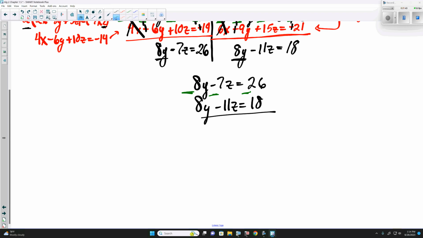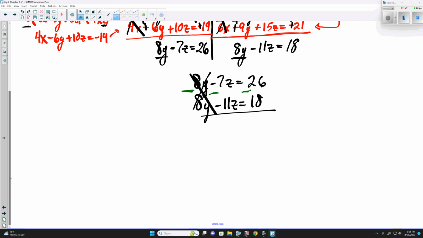So that tells me the y's cancel. 7z, negative 7z minus negative 11z. Well, the negative makes a plus. Negative 7 plus 11 is 4z is equal to 26 minus 18 is